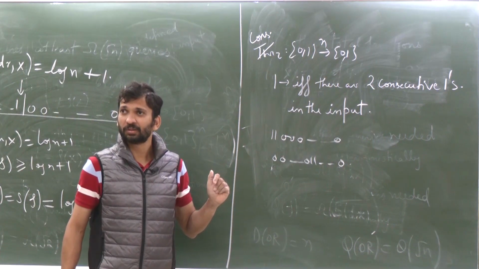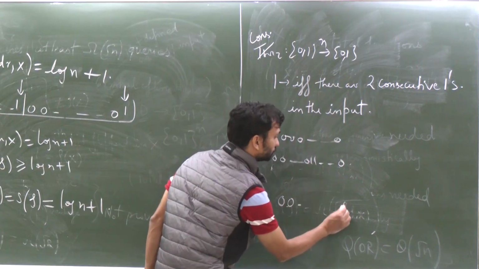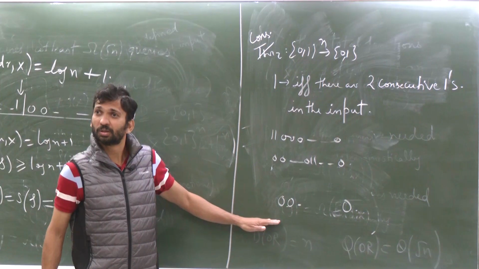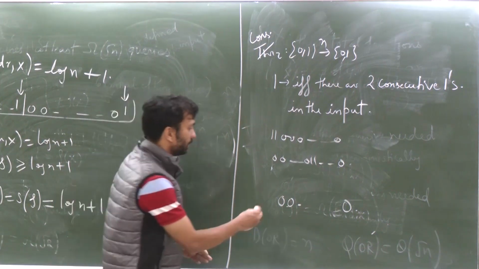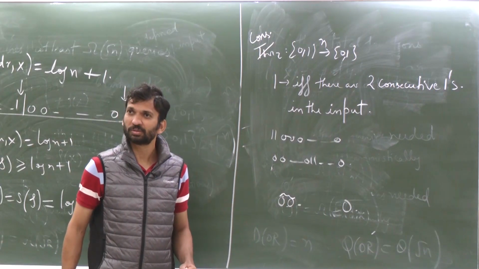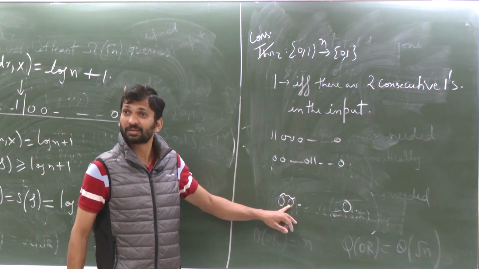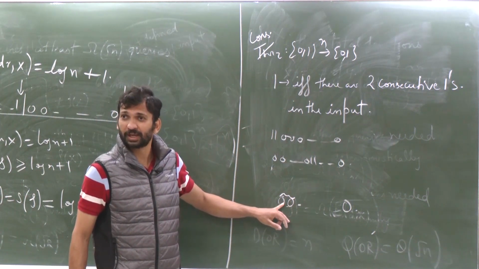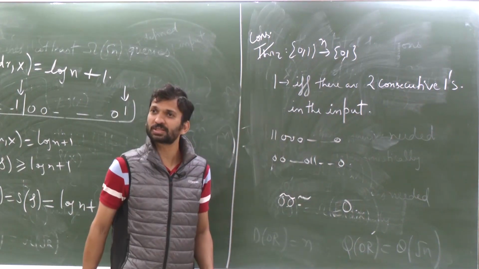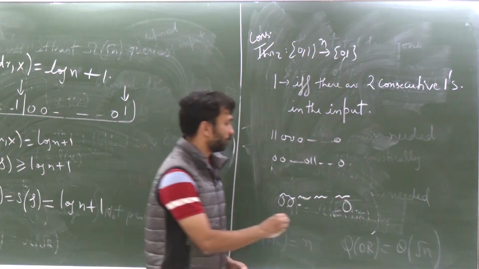Correct? Now, if you think about it, look at the input 0, 0, 0, 0. I have to query something from the first 2 for sure. Because if you are not querying from here, I can switch both of these to 1 and get the function value 1. Similar argument, I have to query from this, from this, from this. So I have to make at least